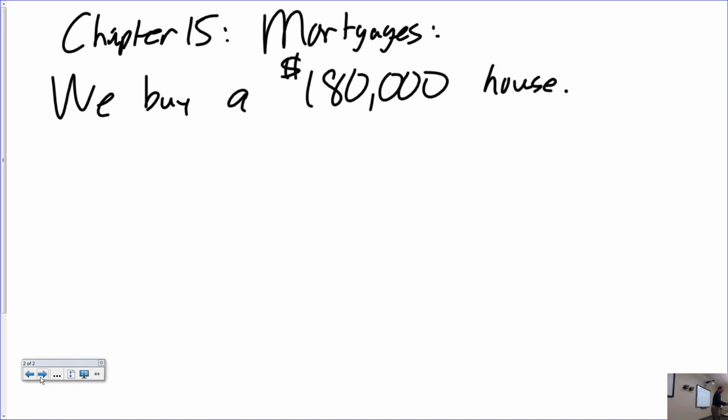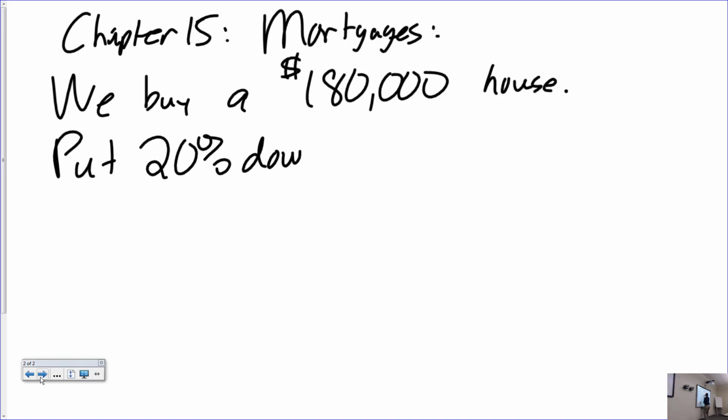This is the minimum that you have to put down on the house. Well, technically you don't have to, unless you want to pay private mortgage insurance, right? Have you guys heard of PMI? Yeah, if you're buying a house and you do not have 20% down, you actually have to insure the bank doesn't go broke while you're paying your mortgage, and so you have to insure the bank on your mortgage. Yeah, it's true, technically. All right? So we're going to put 20% down and finance the rest